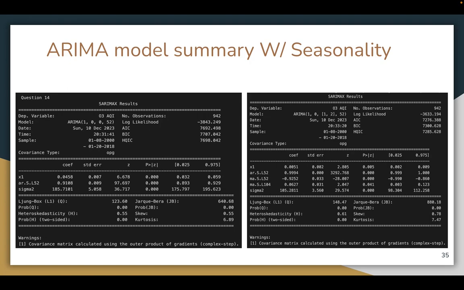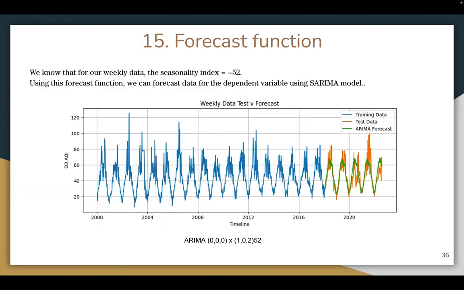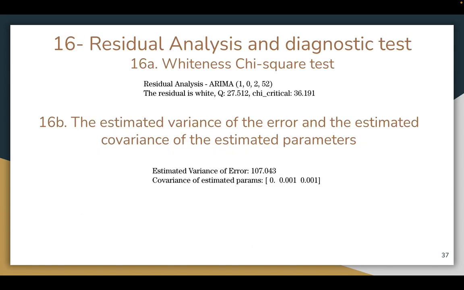Using this model and the forecast function from statsmodels ARIMA, I have generated this forecast. From the plot, I can see that the seasonality index is approximately 52, and from the plot of weekly data versus forecast, I can say that the test data and the ARIMA forecast are matching to some extent. Now let's talk about residual analysis and the